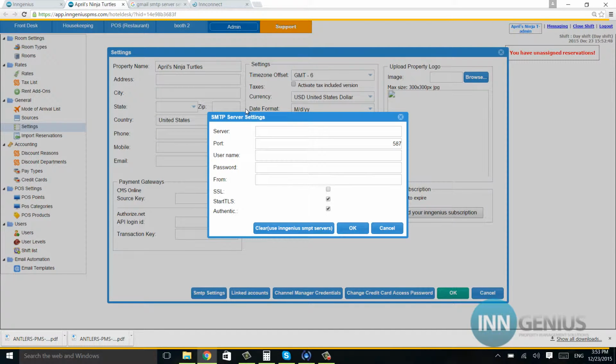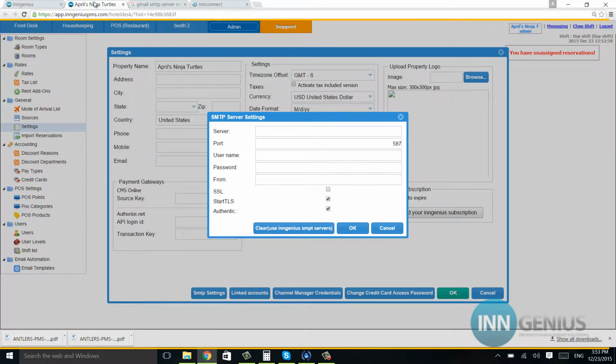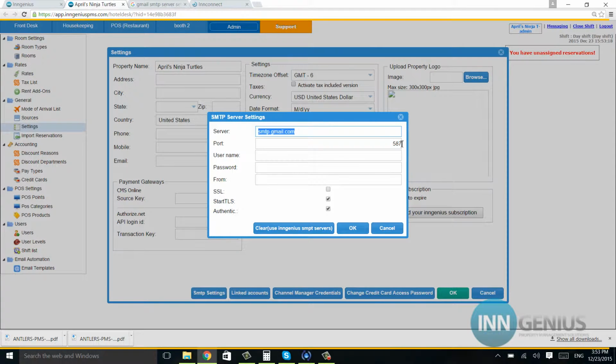You're going to want to find your server. So let's say I'm using Gmail. My server is going to be smtp.gmail.com. So I'm going to go back here and I'm going to put smtp.gmail.com. And I'm going to see what port they suggest, 465. See that right here? So I'm going to go in here, I'm going to hit 465, and the username,